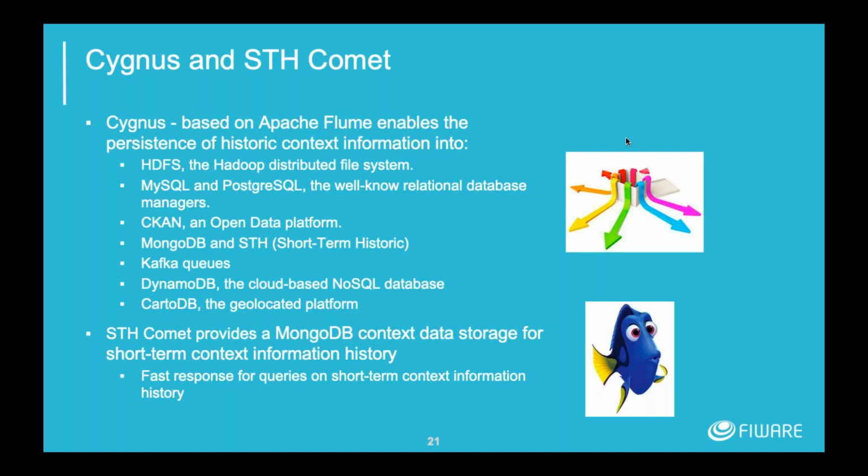There's an alternative for Comet called Quantum Leap, which will do it into a CrateDB rather than MongoDB database. Similarly, there is an alternative to Cygnus called Draco, which will use Apache NiFi rather than Apache Flume. As I said, even within our system, it's not take everything, you take the bits you want. If you're an expert in Flume, then obviously you'd prefer Cygnus. It's up to you.